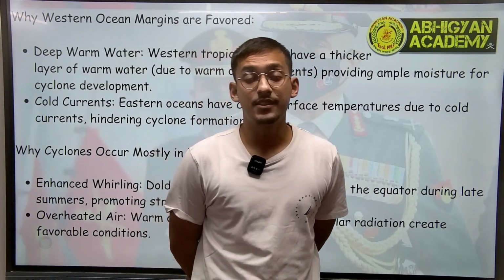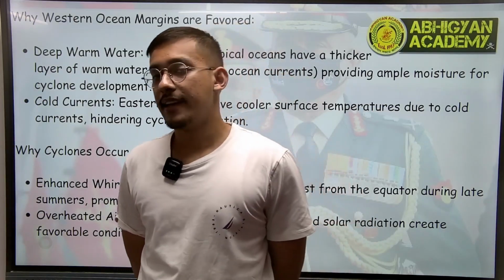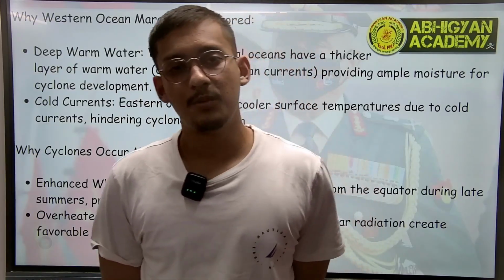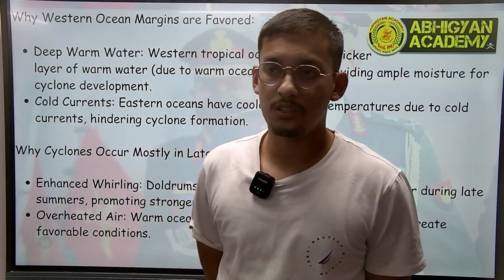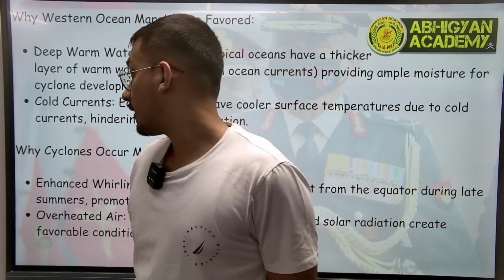All these are East Greenland ocean currents. So these are cold ocean currents. As we have learned, for cyclones to occur, they need warm waters. Hence, we get to see more cyclones in western margins. Then we have